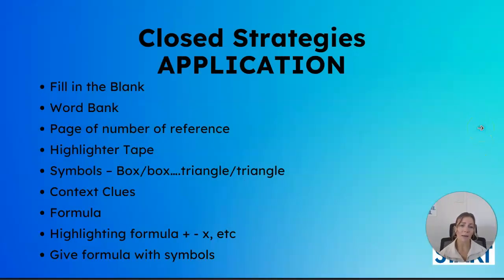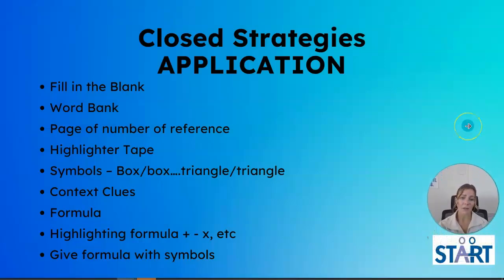So here's some examples and ideas. This is the traditional fill in the blank. That's probably the most common closed strategy, is just creating blanks for students. So instead of them having to write out the whole sentence or the whole answer, we can fill in some of those words for them and then create blanks with the essential information that they would still be allowed to prove that they've mastered the content or they truly have knowledge of the content, but they're not having to write so much, right? Or think of a whole, nicely structured sentence